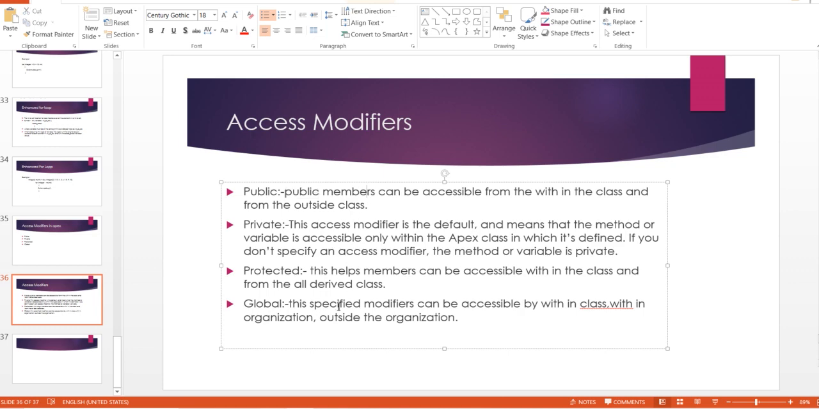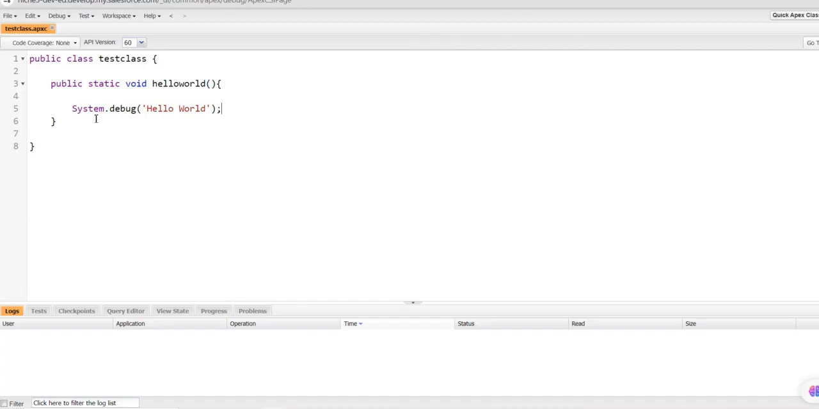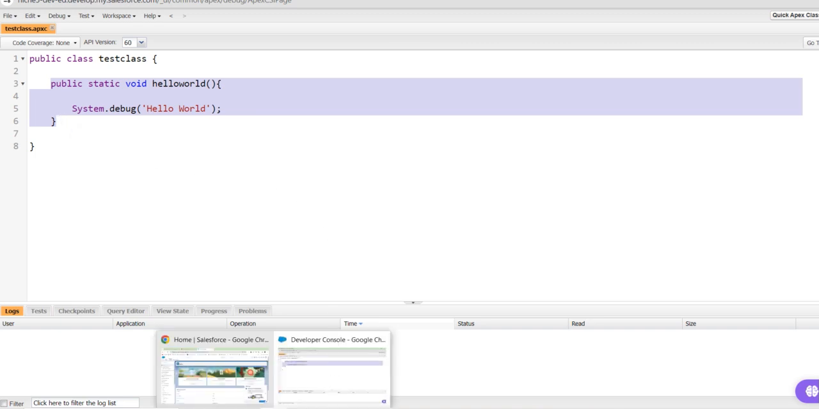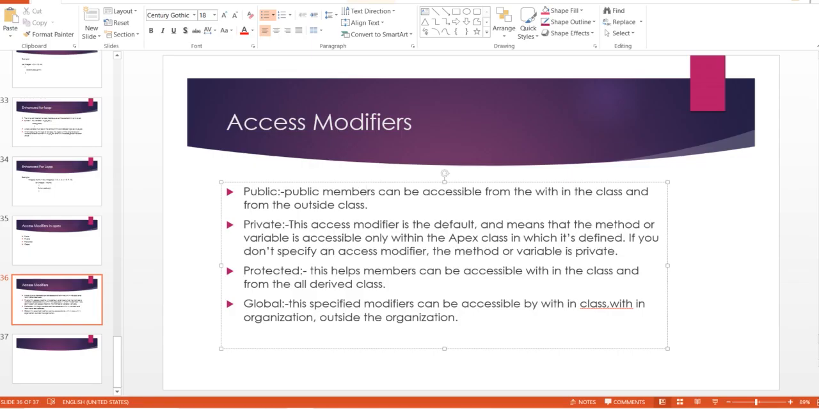Coming to public, suppose this is a class and this is a public static method, which is the class member. If you specify this class member with public, this method will be accessible in this class. Suppose there is another class, test class 2, and this method can be accessible from that class as well. So if you want to invoke a class member from another class also,